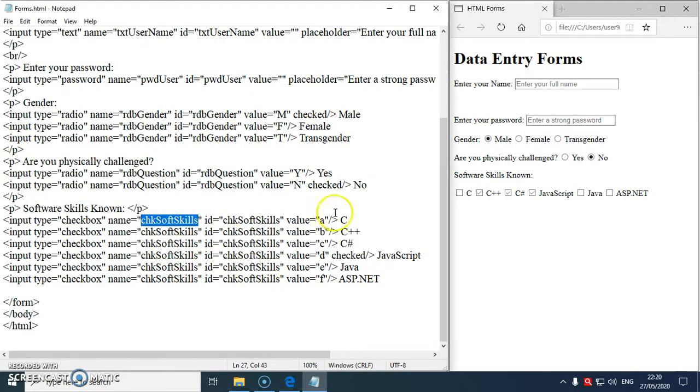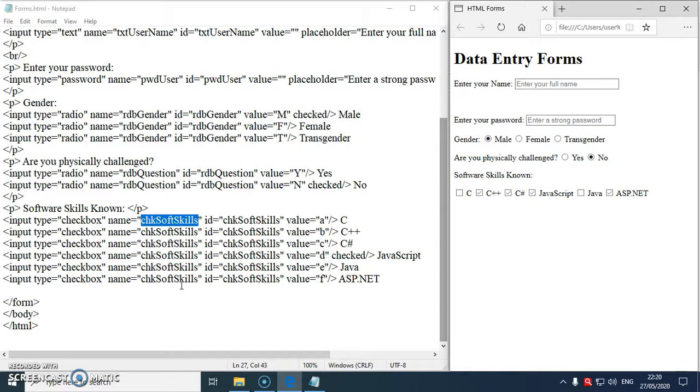So an array of values will go for processing because I've selected C++, I've checked C#, I've also checked JavaScript. I will also check ASP.NET. So from CHK Soft Skills, what will go for processing? B will go, C, D and F. An array of values will go for processing.